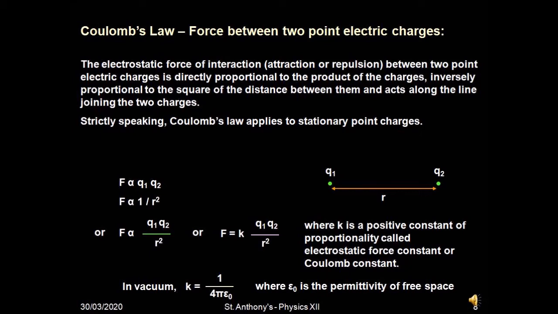After combining these factors, if we remove the proportional sign, we are getting this K. Now, this K is not the same for all the mediums. This K depends upon what is the medium present between Q1 and Q2. In case the medium present between Q1 and Q2 is vacuum or air or free space or no medium, then the K is given by the formula 1/4 pi epsilon 0.